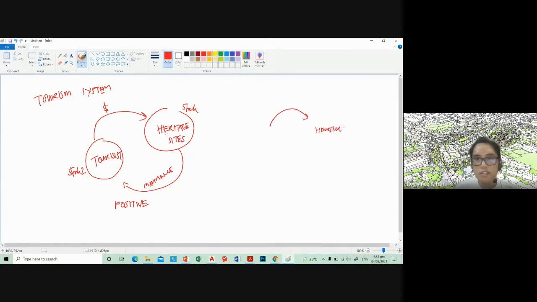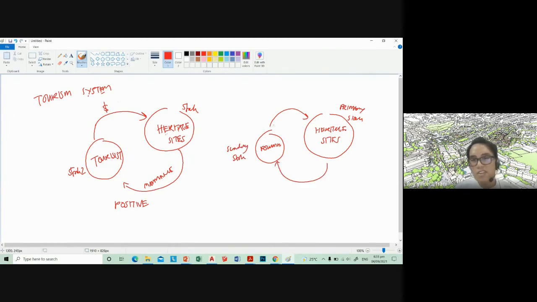Heritage sites. Let's just call this our primary stock, or the stock that we want to focus on. And then our secondary stock will be pollution, or the trash stock, let's just say secondary. Excuse my handwriting. So if you increase the pollution in this site, you'll decrease the quality